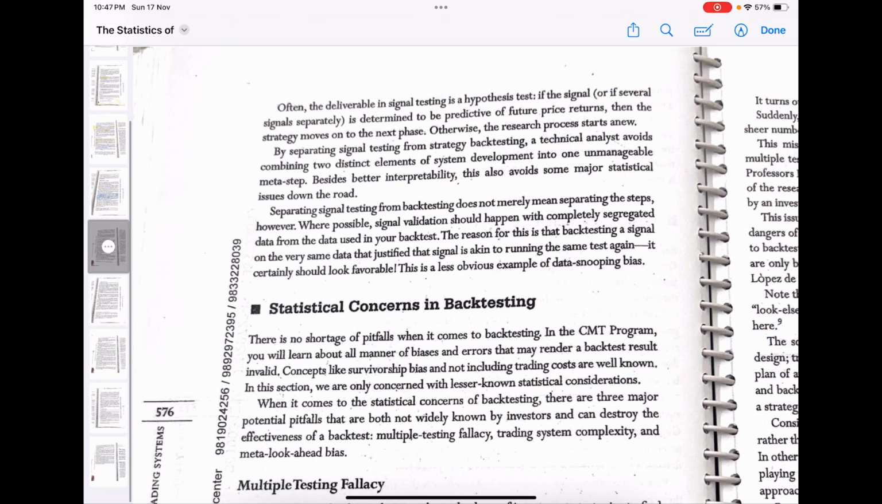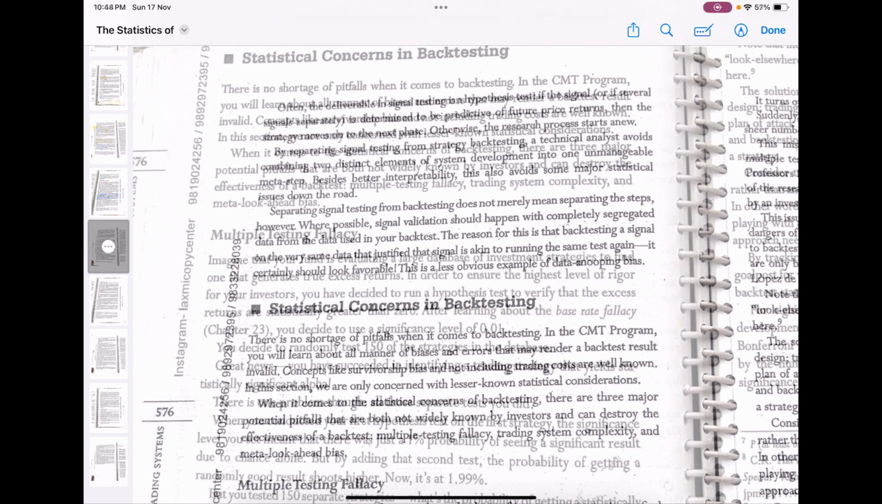Separating signal testing from backtesting does not merely mean separating the steps. Where possible, signal validation should happen with completely segregated data from the data used in your backtest. The reason for this is that backtesting a signal on the very same data that justified that signal is akin to running the same test again. It certainly should look favorable. This is a less obvious example of